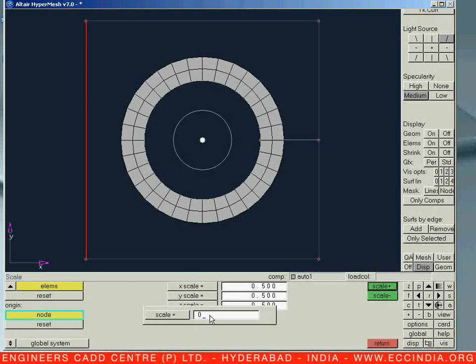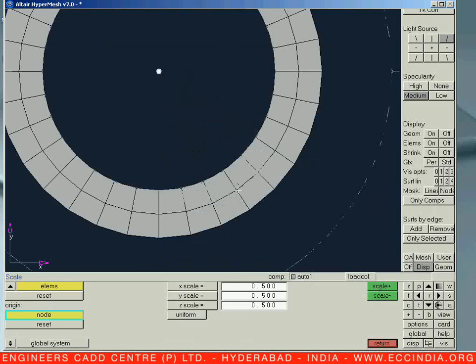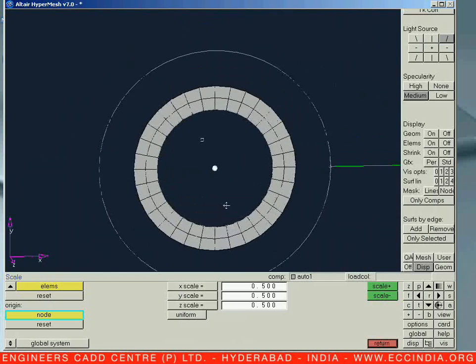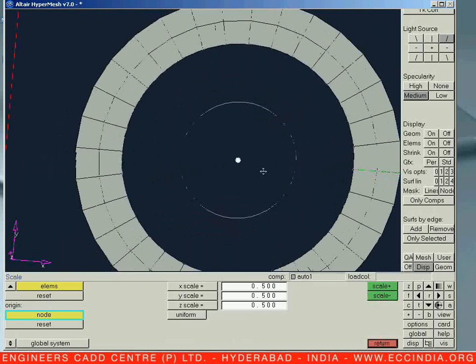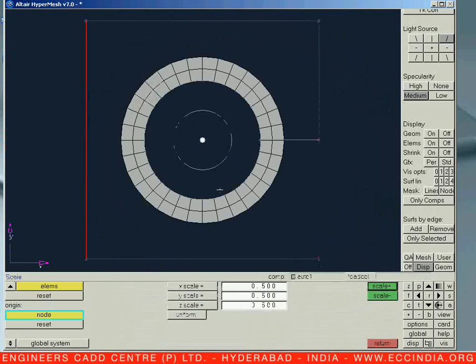Click on uniform, enter your uniform variation and come out. It will change along x, y and z as 0.5, and let us say scale. Once we say scale, the elements will adjust according to the scaling over here. So let us say scale, fit it, weave top, let us say fit your weave.